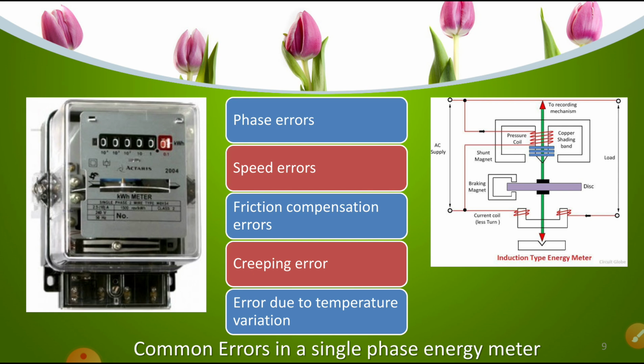Okay, so these are the common errors that take place in a single phase energy meter. Similarly, in a three phase energy meter also, instead of a single disc, there are two discs. We have already seen in previous classes. So these are the errors that may occur in an energy meter, and they can be easily identified with the help of the rotary substandard meter, which is used on the bench by the discom people, the MRT. They will check it and calibrate the energy meter. Okay, so I think you understood what the possible errors are and how you are going to compensate